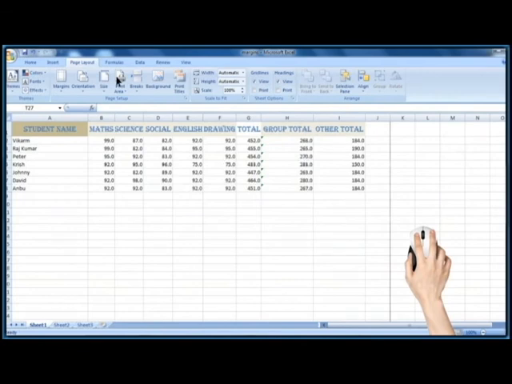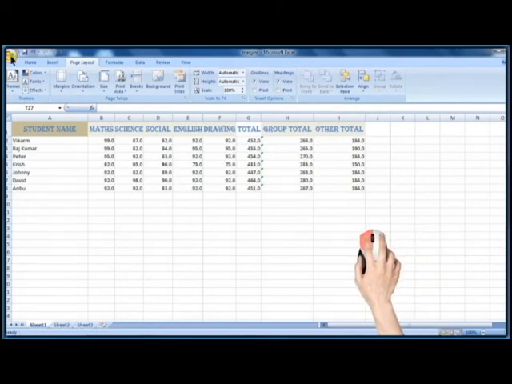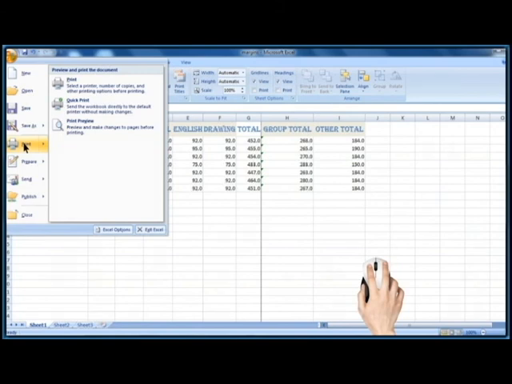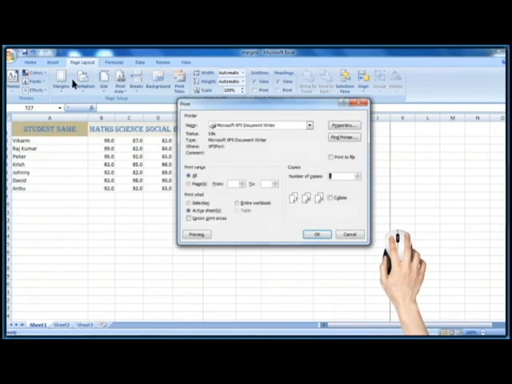Let us see how to print the document. Go to Microsoft Office button and then click on print command. Click on print in submenu. This is the print dialog box which enables you to set printer selection, number of copies and other printing options before printing.